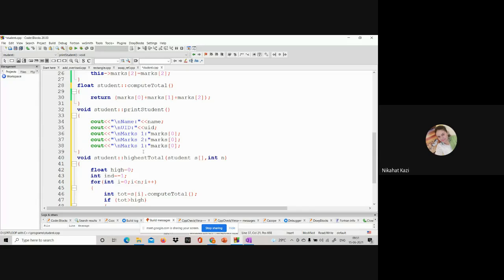Marks 1, marks 2, and marks 3. You can make it more complicated and have different subject names and all that, but I'm just making it simple.